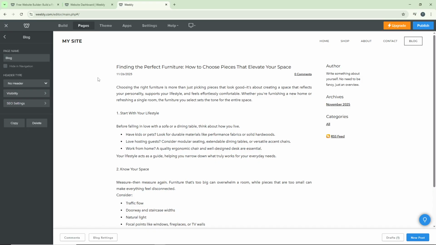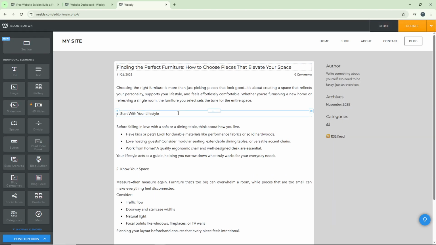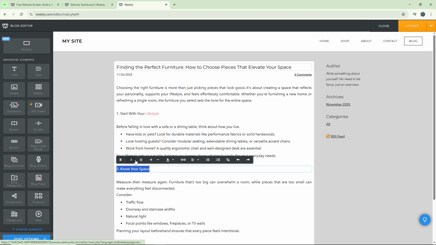On the blog page, simply browse through your posts and click on the specific post you want to edit. This action opens the post editor, giving you full access to modify the content. Here you can make any changes you need, whether it's updating text, adjusting images, or refining your formatting. If you want to add more elements to enhance your post, you're free to do so using the available editing